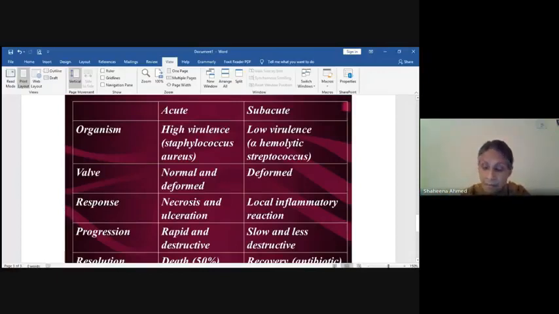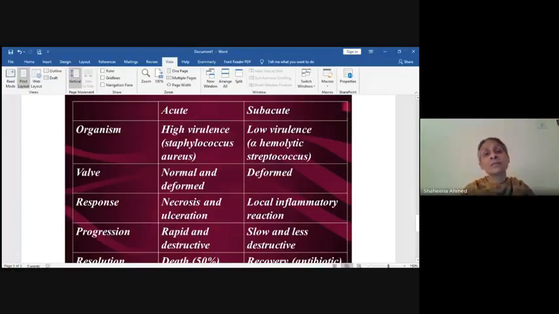acute and subacute infective endocarditis. Now, endocarditis is basically inflammation of your endocardium. One of its common varieties are acute and subacute, and then there's a chronic variety. Chronic variety we can easily diagnose. It is something which is there for a prolonged period of time with a previous history. Problem sometimes comes where acute and subacute cases are there. So we have to differentiate whether this is an acute case or a subacute case.